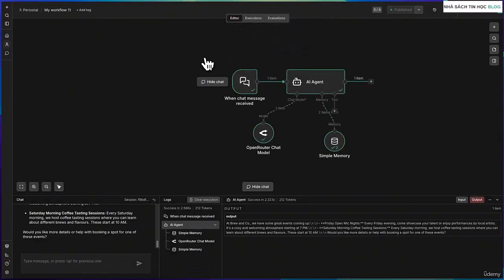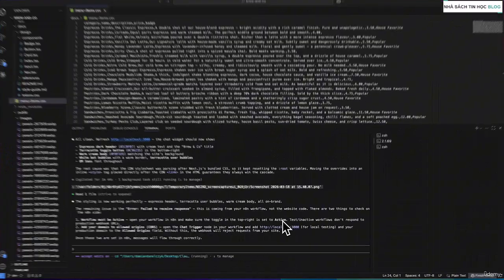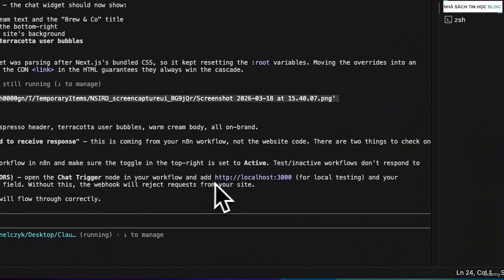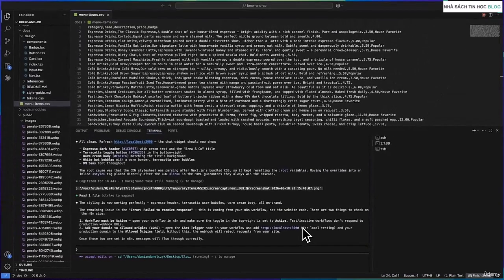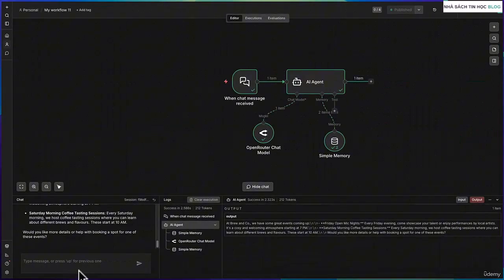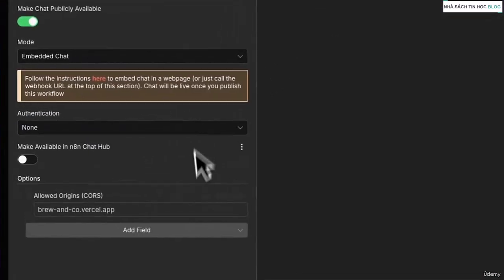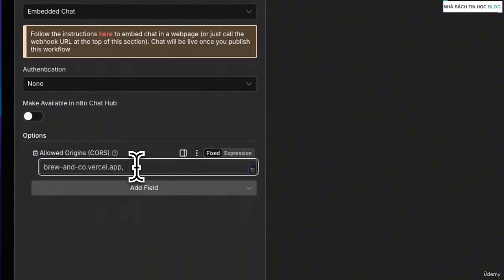All right. So it seems that our chatbot is not properly connected to our website, so to our chat window on our website. But I forgot that we have to add this localhost URL for local testing in order to be able to test it, right? Because without this, the webhook will reject requests from my site. So I'm going to copy this URL and add it here after the comma